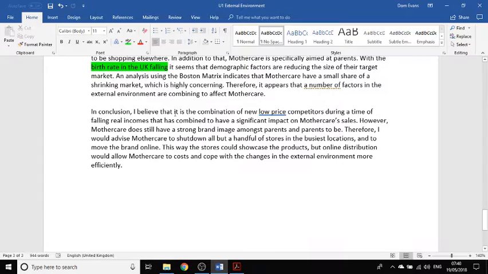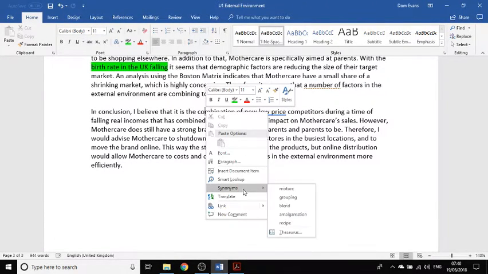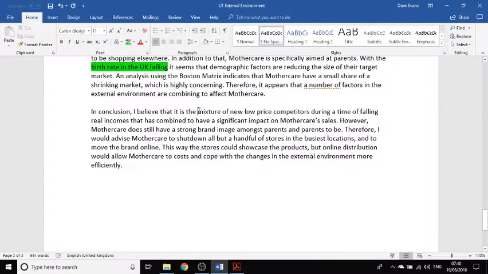In conclusion, I believe that it is the combination of new low-price competitors during a time of falling real incomes that has combined to have a significant impact on Mothercare's sales. Combination and combined in one paragraph isn't great. Mixture might be a better word. Nevertheless,